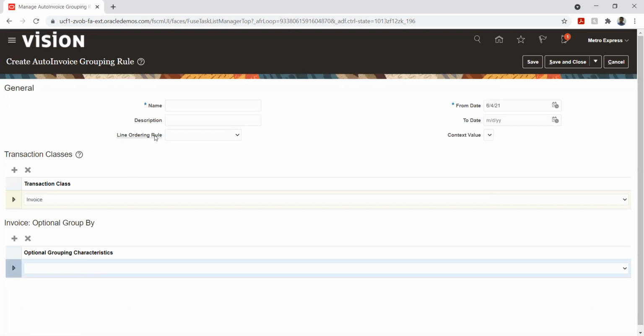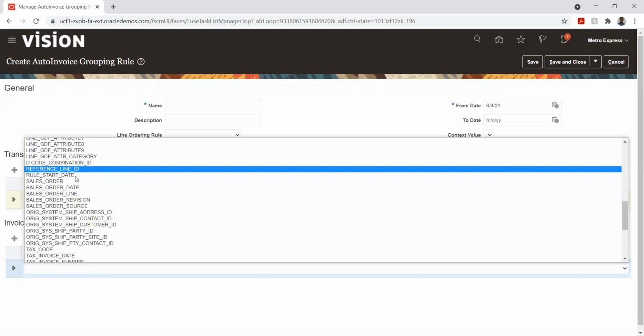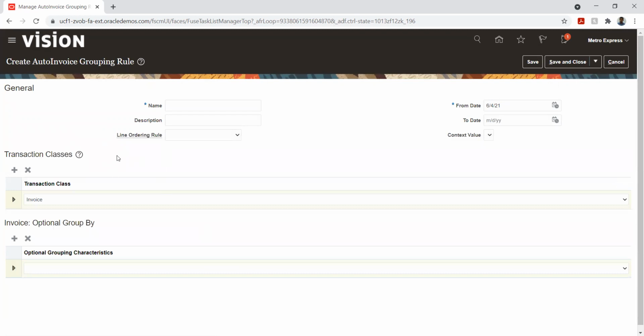But if I have given this as a line ordering rule, and I just give invoice, this becomes my optional configuration. Whether I want to give or avoid, I can do that. But if I did not give the line ordering rule, I will have to give it here. Else the system will not understand how I need to group this particular sales order into invoice. So same parameters we have here as well. So whether we configure there and utilize that, or we configure here in the grouping rule, that's what determines.